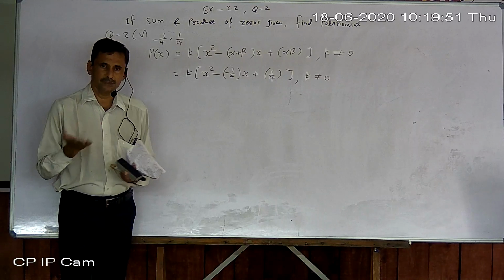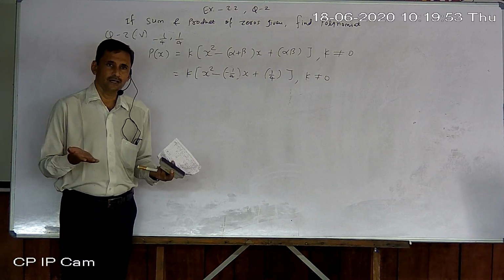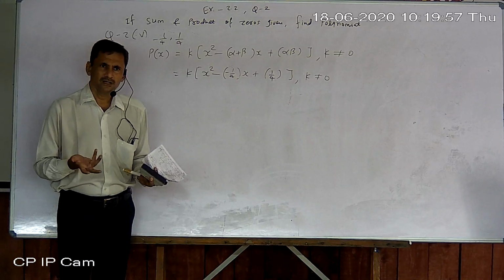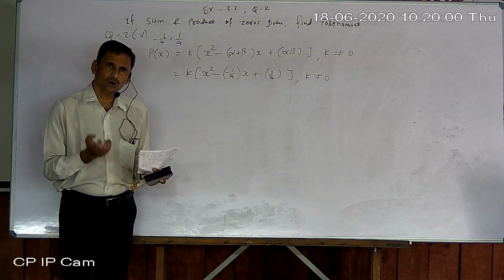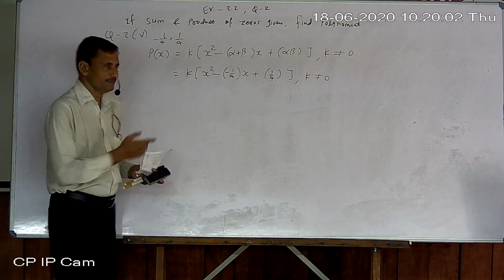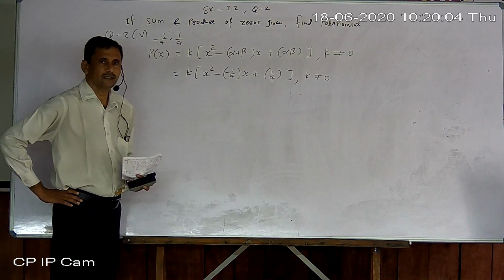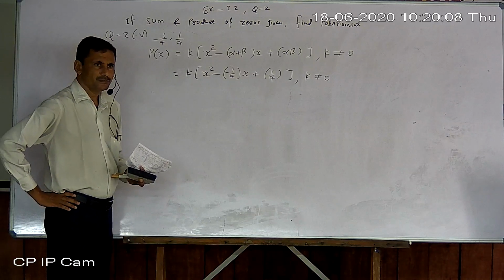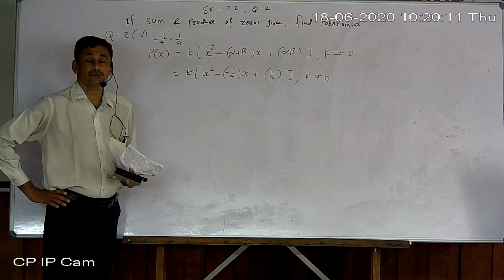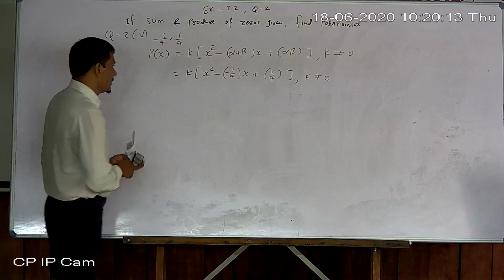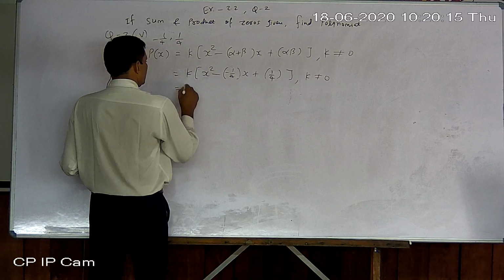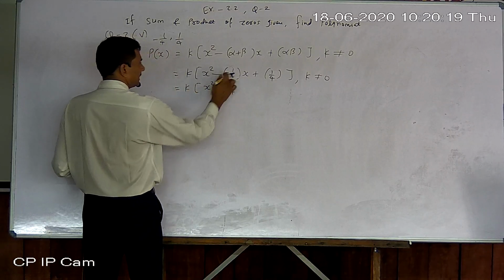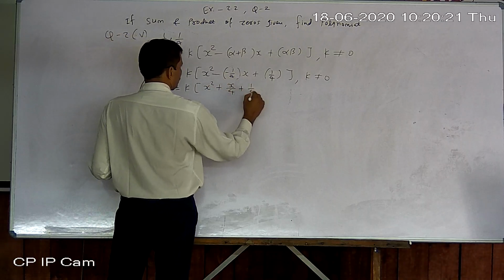Sometimes you think, what is the need of brackets whenever a positive number is there? But keep this habit. Whenever a minus number, a negative number, is there, at that time it is very necessary. That's why you should get in the habit of placing values in brackets. Now simplify. So it becomes x square plus x by 4 minus minus plus 1 by 4.